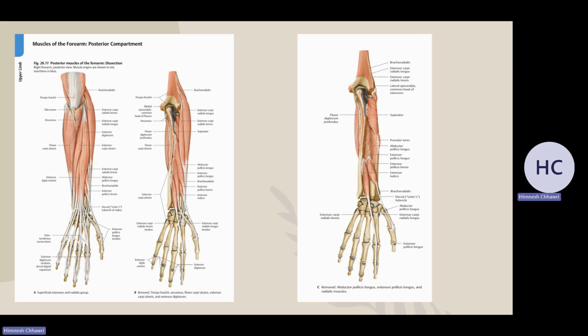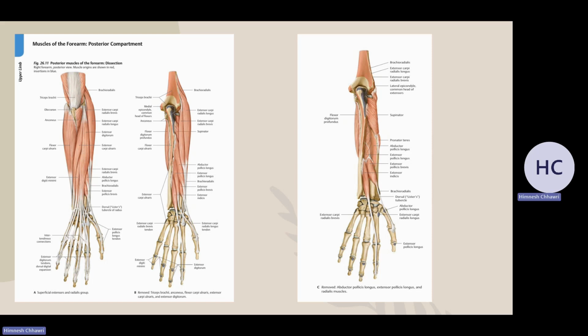Then we have the extensor pollicis longus. We talked about the abductor. Then we have the extensor, extend. The origin is from the radius. You can see remembering pictures is very good. You can just remember the pictures and think of the origin insertion. Try to remember the pictures and origin insertions will come to you on your own. Extensor originates from the radius and inserts into the base of proximal phalanx,